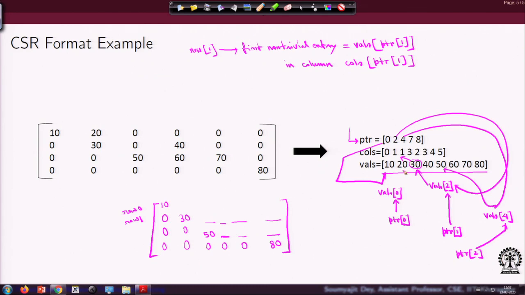So, that means the value previous to vals 2 is also in the first row, and the column-wise location I can just get from here. So, that tells me 20 is here, and then immediately after 2, what do I have? I have 4, and that takes me right here to 50, and for 50 I know where to go.